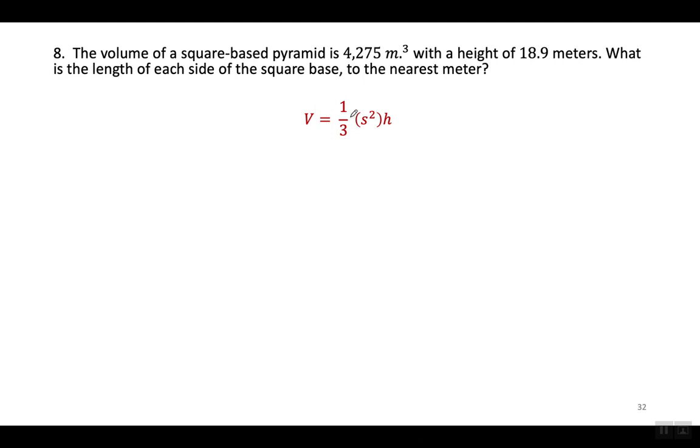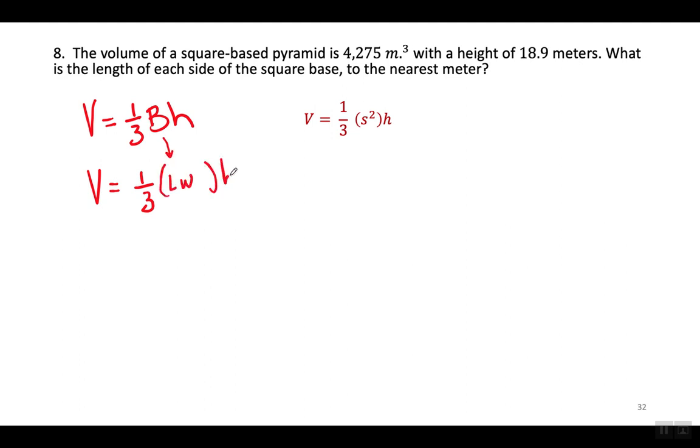The formula for the volume of a pyramid is normally this: 1/3 of the area of the base times the height. Let me rephrase that. This is the formula to find the volume of a pyramid. Now, if we have a rectangular pyramid, normally we would just write 1/3 of the area of the base, which would be length times width,